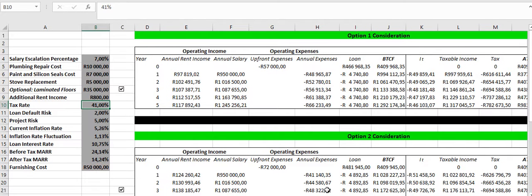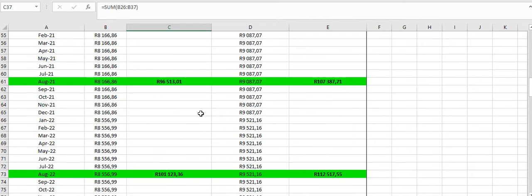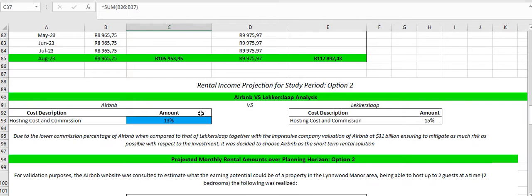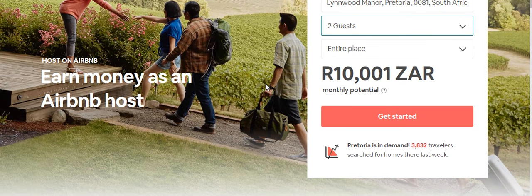Moving on to option 2, which involves renting out the furnished apartment on a short-term basis through either Airbnb or Lekker Slaap. Both platforms were considered, as can be seen in the rental income historical data table, and Airbnb proved to have the better commission rates, hence was used moving forward with the analysis of this option. By visiting the Airbnb website, which can be seen over here, a monthly earning potential of 10,001 Rand was realized